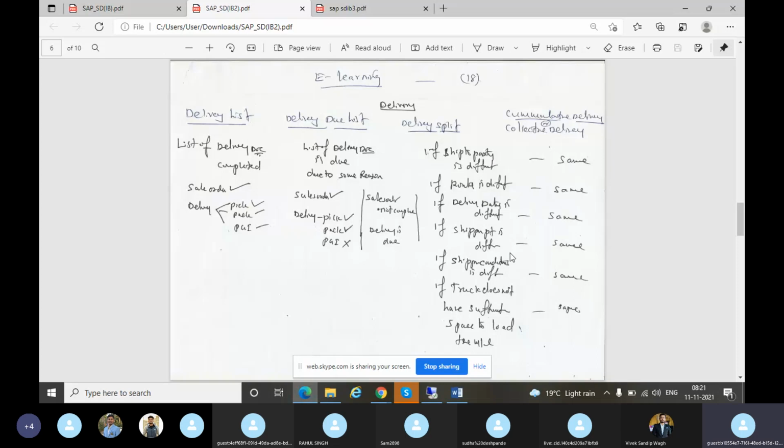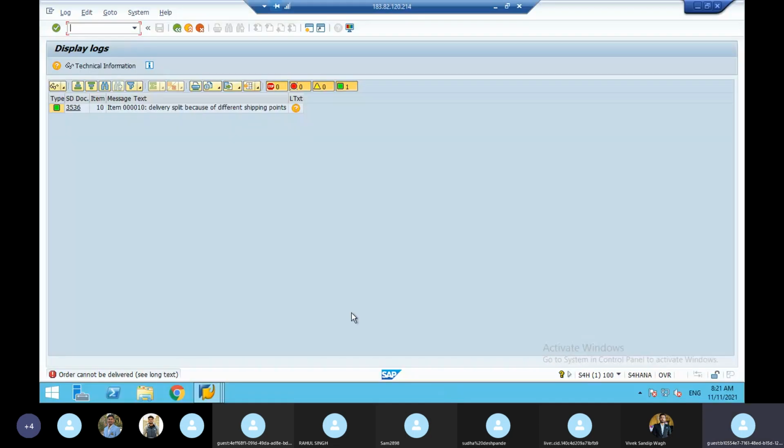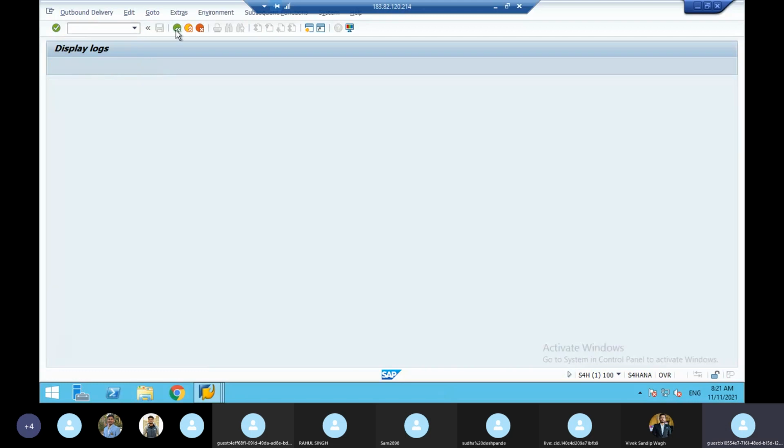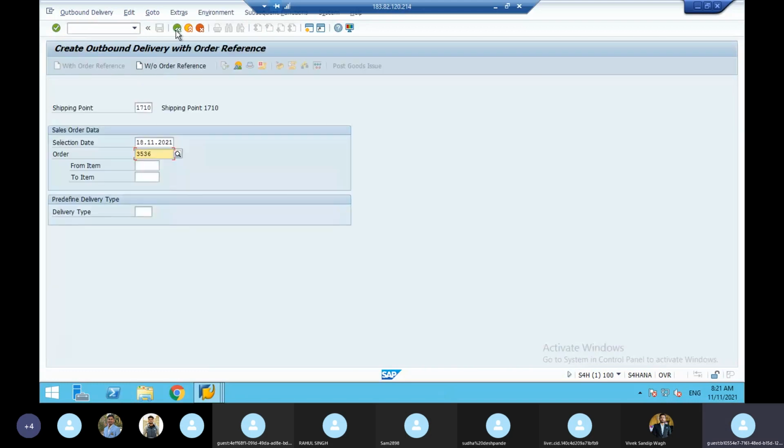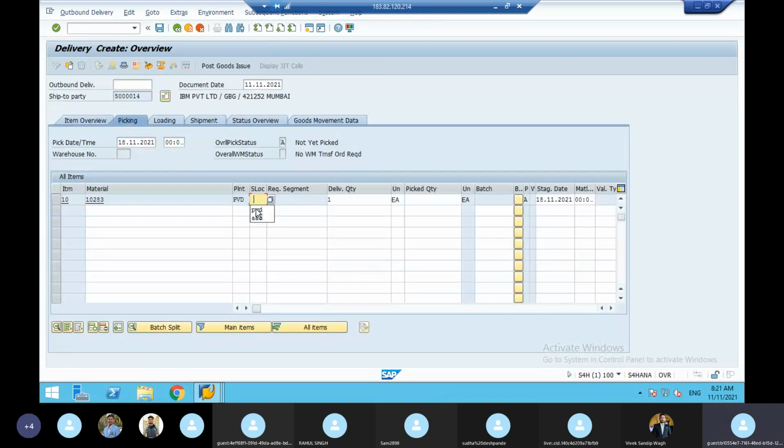So where will you do the combined delivery? See, the customer ordered 150, and you will deliver 50, 50, 50. So 3 deliveries, 3 billings. All the 3 deliveries, how are you going to make them? See, I'll show you this. One delivery I'll show you. So enter. Here you give the picked quantity PVD. Here you give the 1. And then you do post goods issue. Once you do the delivery here, delivery is done, and you'll get a delivery number.